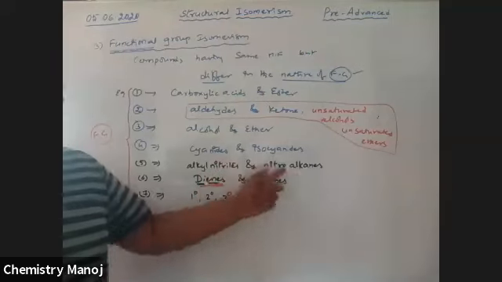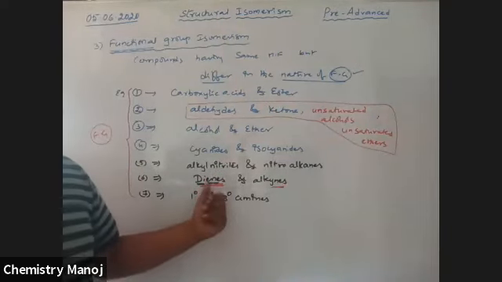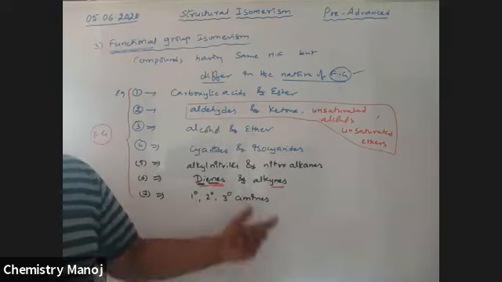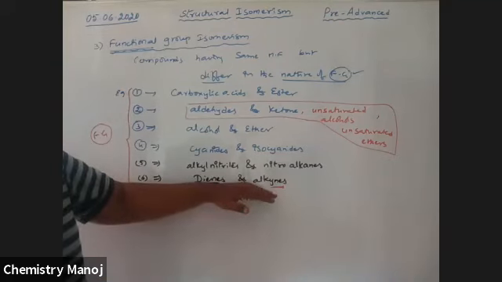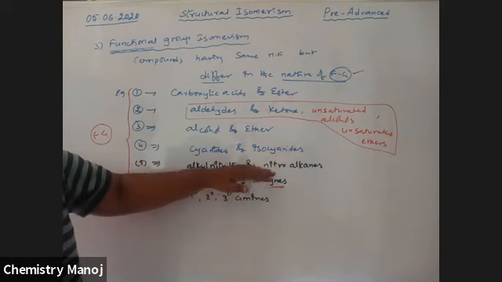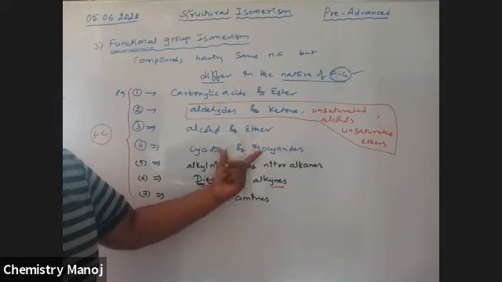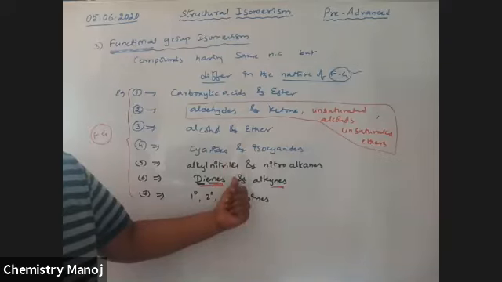Cyanides and isocyanides are functional isomers. Nitrites and nitroalkanes are functional isomers. Alkenes, dienes and alkynes are functional isomers. Primary, secondary, tertiary amines are considered as functional isomers. So this class of compounds is not converted into that class of compounds. Only these two are a combination. One is interconvertible between these two only.